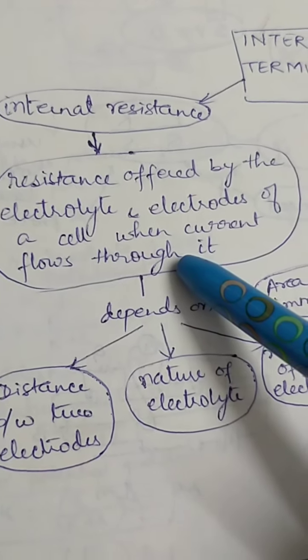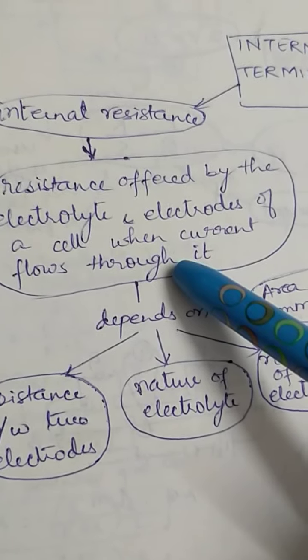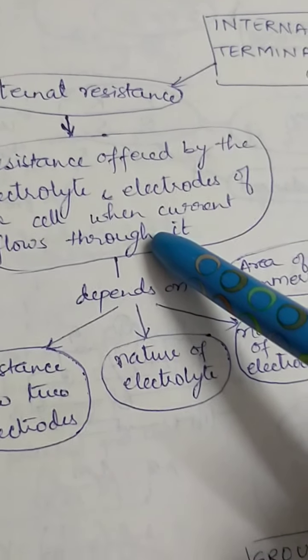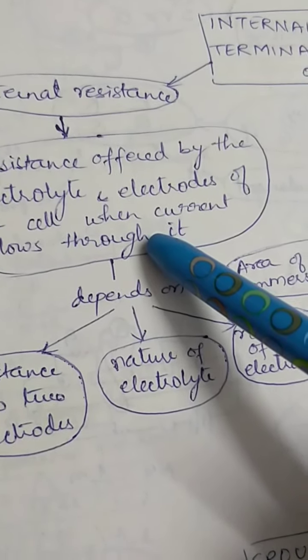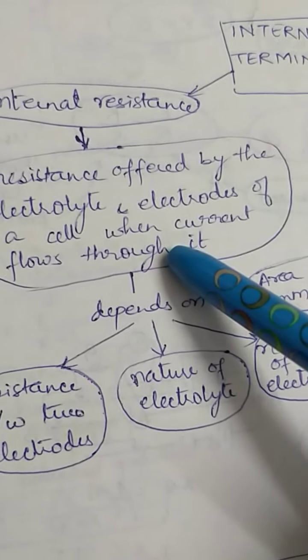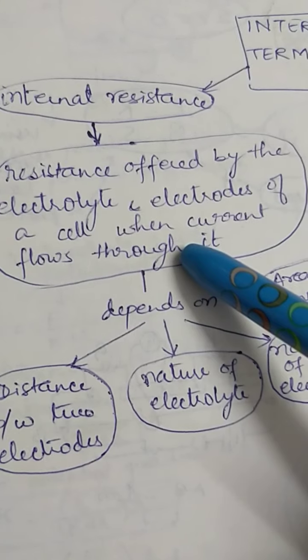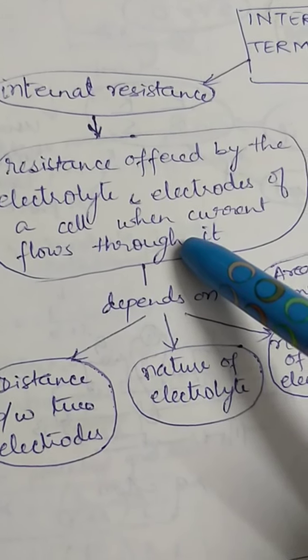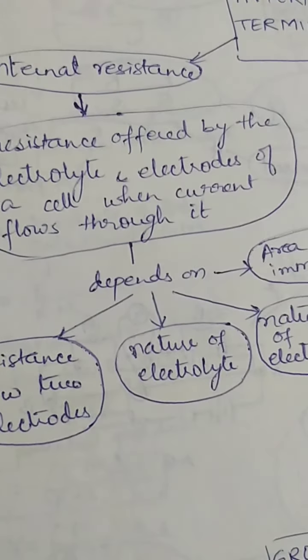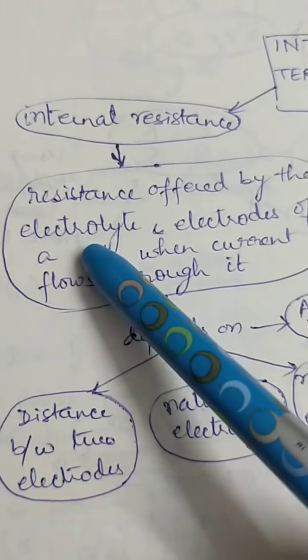Whenever there is a current flow in a wire, even in a conducting wire, there is a collision of electrons with the atoms and ions present in the material, so energy is lost, and then again the electron starts to accelerate. This is how the current flows, and the energy loss appears in the form of heat. That is the reason for resistance.